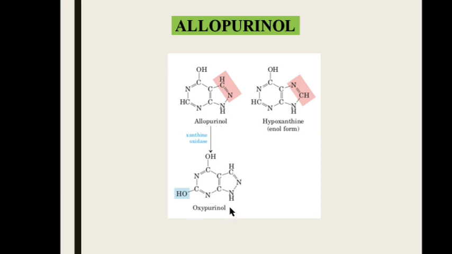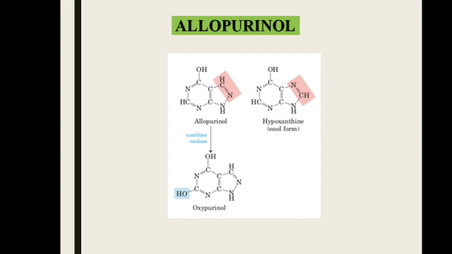It itself gets modified to become a more powerful inhibitor and kills itself. That's called suicidal inhibition. The allopurinol gets converted to oxypurinol. This oxypurinol is going to bind irreversibly to this xanthine oxidase enzyme, and it's going to inhibit it. Thus, the xanthine oxidase is going to be inhibited, and there is no more production of uric acid. The degradation stops at the level of xanthine and hypoxanthine formation itself, but uric acid formation does not take place.